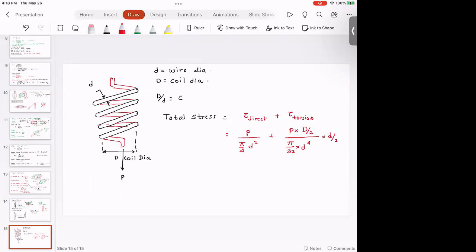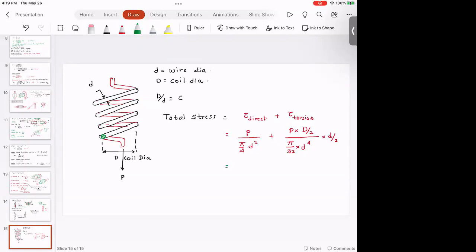So if you look at the total stress on the spring, I want you to look at a teeny tiny area which is over here. If you look at this teeny tiny circular area, you are going to have the load that is going to create the direct shear load, and it's going to give you the stress because of the torque. What would be the value of the torque? P multiplied by D by 2 is going to be the torque. P multiplied by D by 2 divided by pi by 32 d to the power 4 multiplied by d by 2. And you can simplify this equation, and once you simplify it,